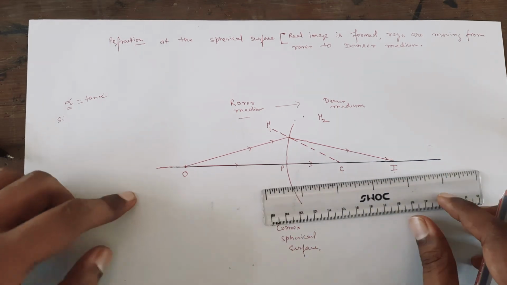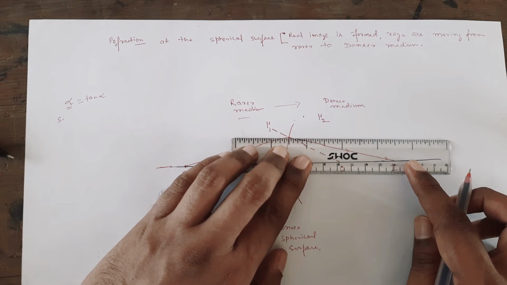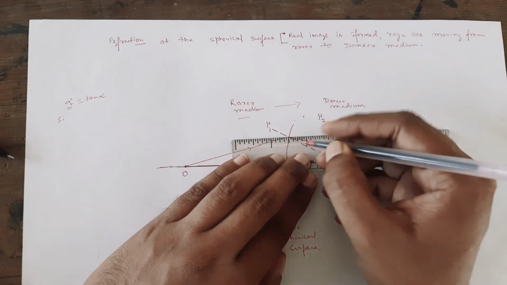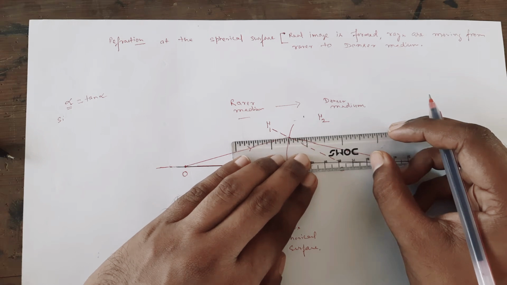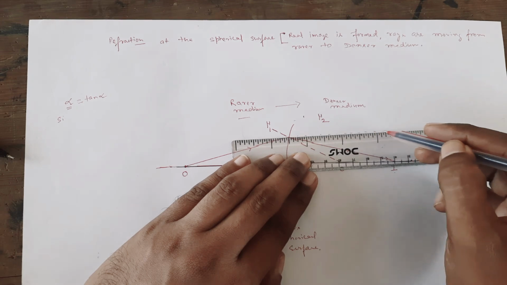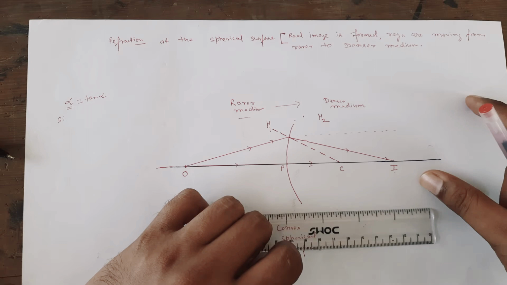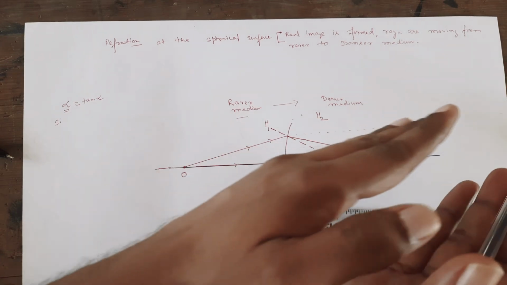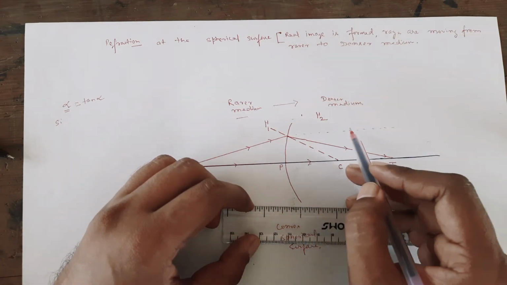But what will happen if the bend has happened but not to a larger extent? So in that case what will happen, let us suppose it has undergone somewhat deflection or bending towards the normal, but let us suppose very small. So in that case this ray and this one ray, they will never meet on this side. The bending has happened, but the rays are actually moving away from each other, this one along the principal axis and this one along this one.